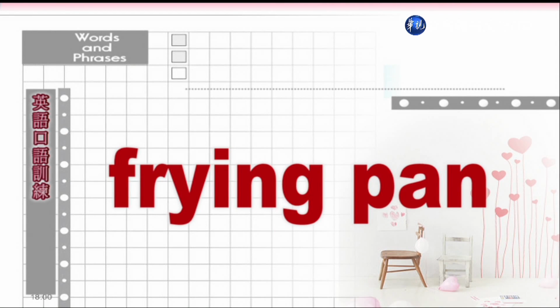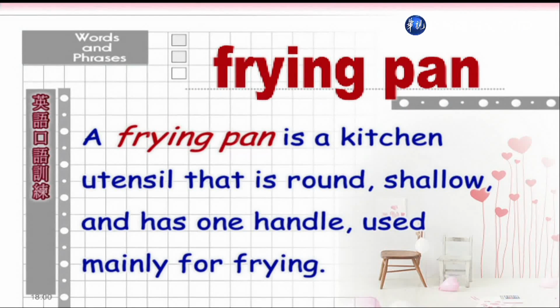Frying pan, frying pan. 炒菜锅。A frying pan is a kitchen utensil that is round, shallow, and has one handle, used mainly for frying. 炒菜锅是一种又圆又浅，而且有1个把手的厨具，主要呢用来炒菜。